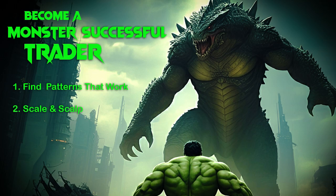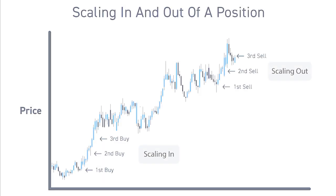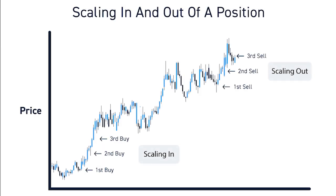Next tip, it's going to be to scale and scalp. All right. And what do I mean by that? Scaling. So after we have found our strategy that works, our pattern that works, let's say we're playing a neckline breakout. The stock comes back down, touches the neckline, and breaks to the upside. What we're going to do is we're going to scale in. So we're not just going to jump in like we're at Sky Zone and get 10 contracts. If we have money to get 10 contracts, we're going to buy 1 contract at the breakout and the confirmation